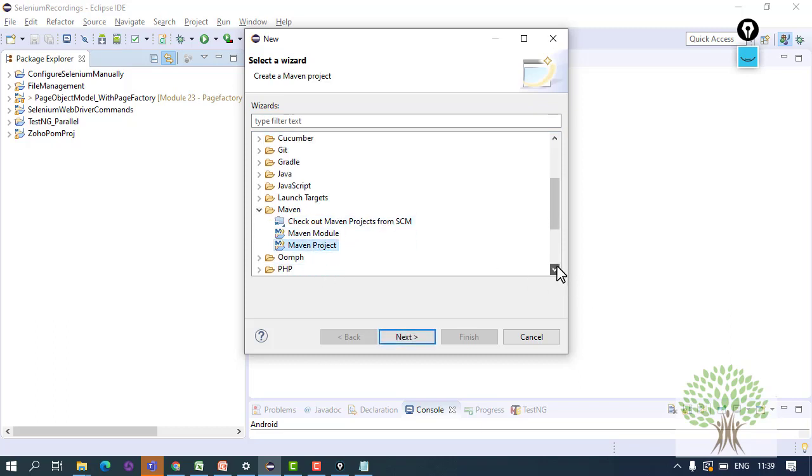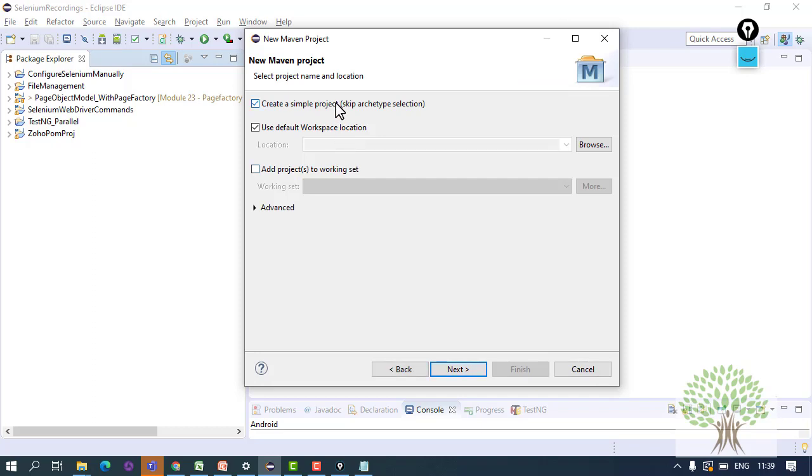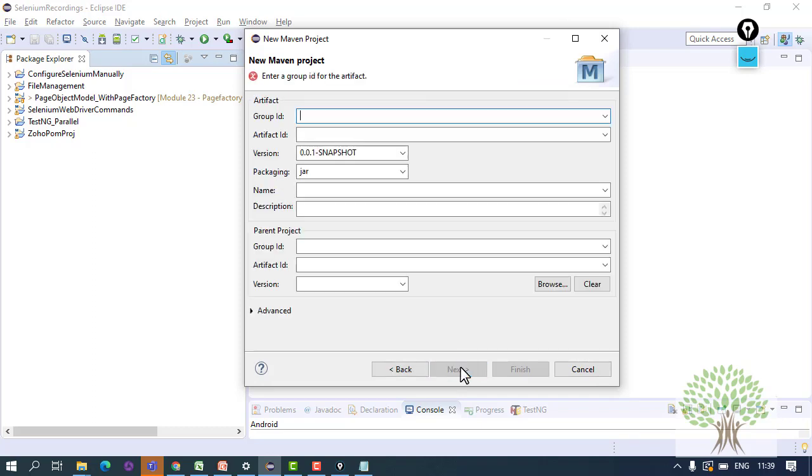Under Maven project, click on Next, create a simple Maven project, and group ID you can give anything. Artifact ID means your project name.